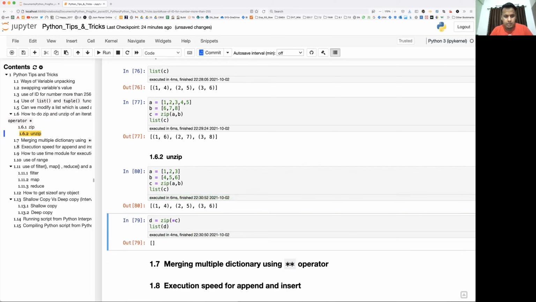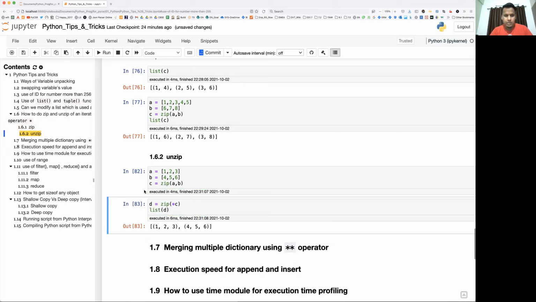Okay, so the element. Zip of, oh sorry, since it is an iterator, right? Since you have already unpacked this by using this function, it has lost all the values. So how do we do this? This is happening because of the iterator object. I'll talk in some other video about what an iterator is and how it works.